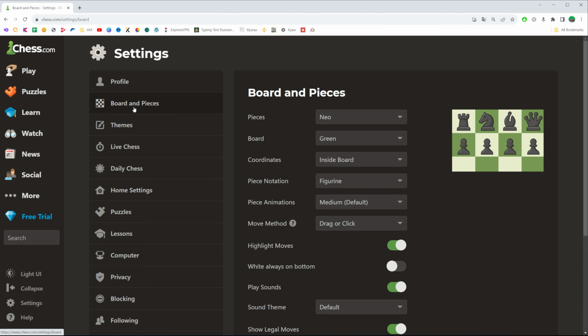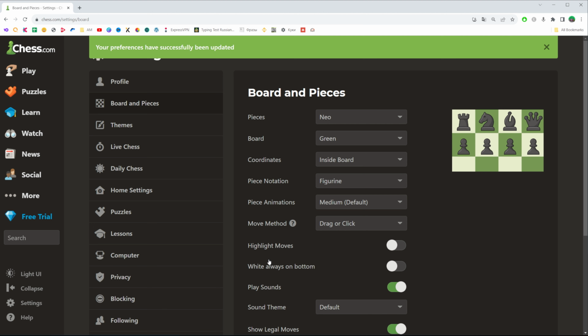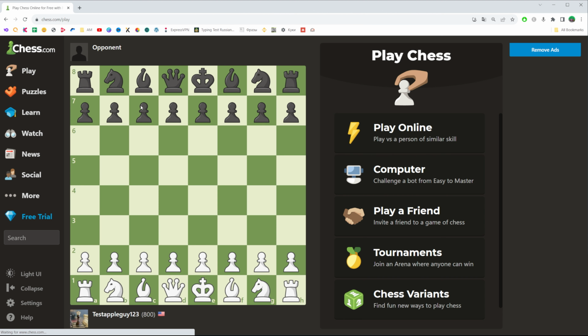then Board and Pieces, and that's where we can easily find an option which is called Highlight Moves. To turn it off, click right here at this toggle, and then do not forget to click at Save to save the changes. And then if we go back to our game,